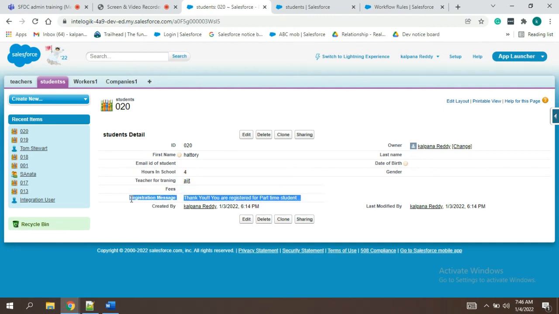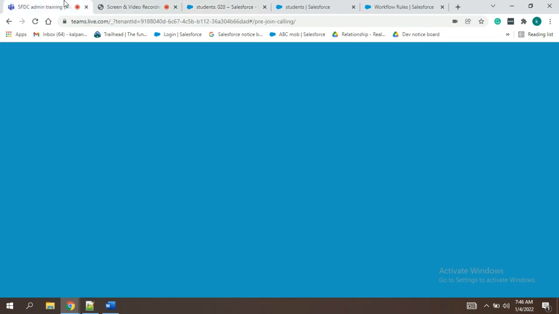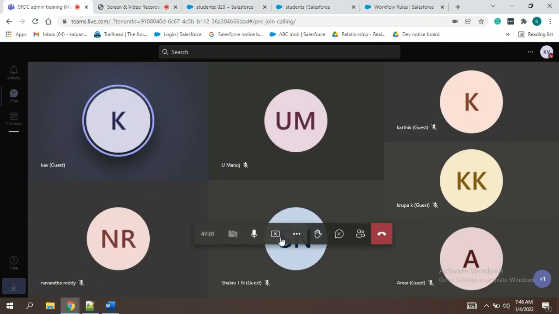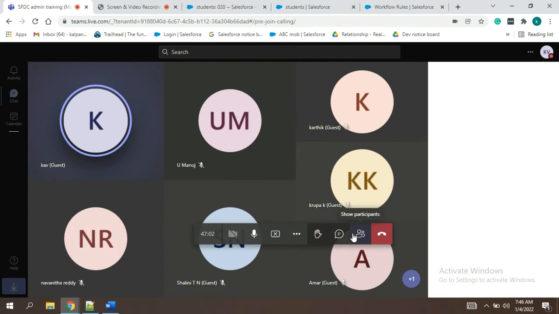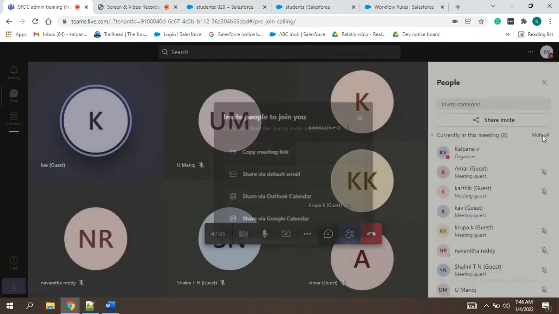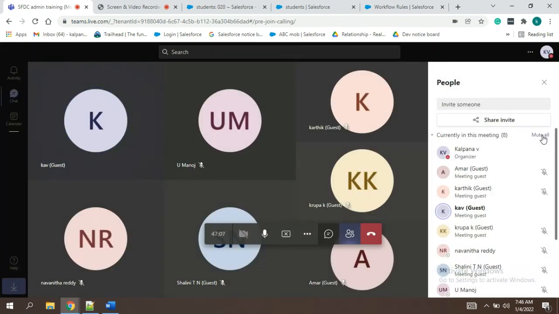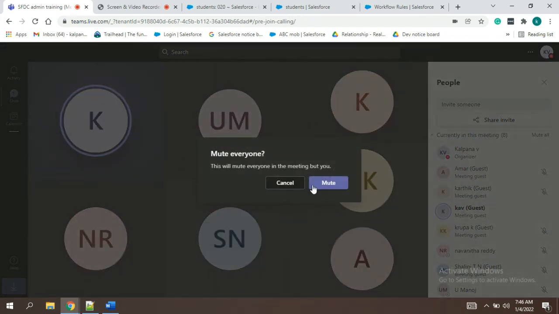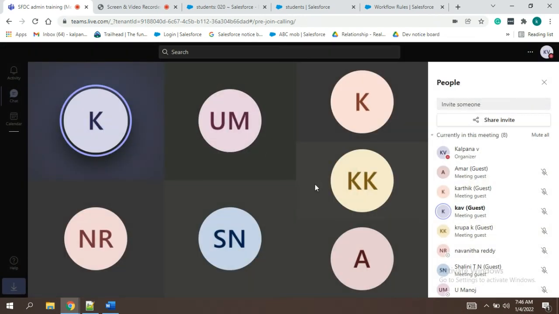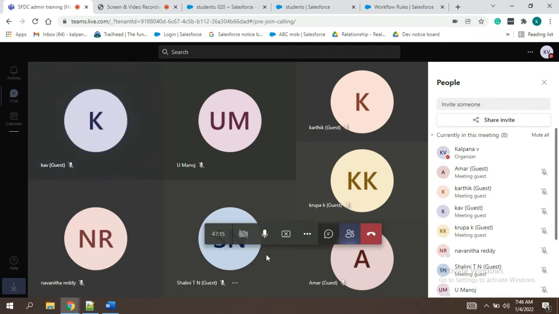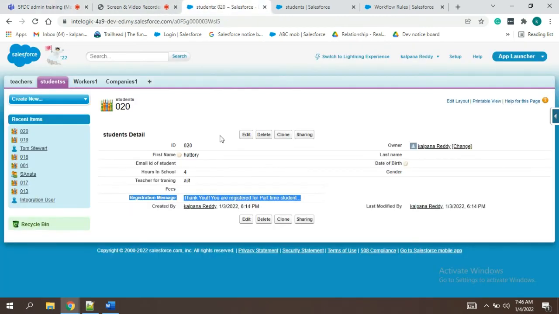But sometimes we get a requirement that we have to edit other objects' fields also.